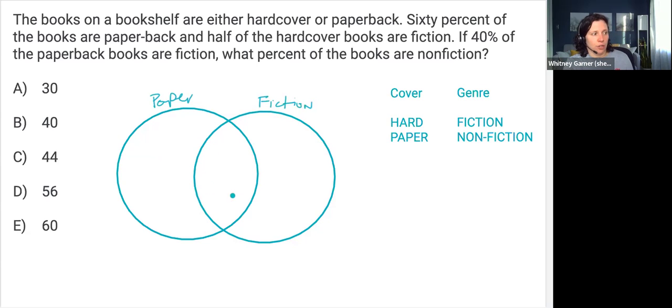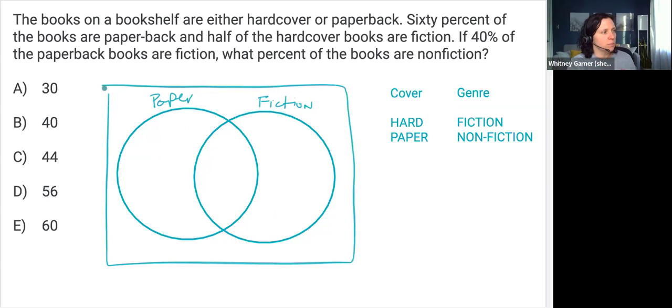So anything that goes here would be paperback and fiction. Anything out here would be fiction, not paperback. So in this story, I have to translate not paperback. If I'm going to use this kind of model, I have to translate not paperback to hardcover. So this moon would be hardcover fiction. This moon on the left would be paper fiction, or excuse me, paper nonfiction. And then if I had a box out here, this would be not paper nonfiction, or hardcover nonfiction,